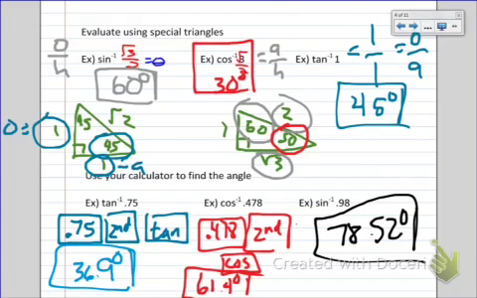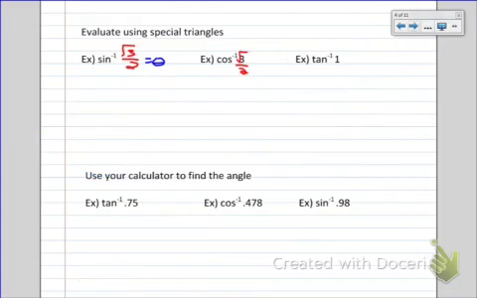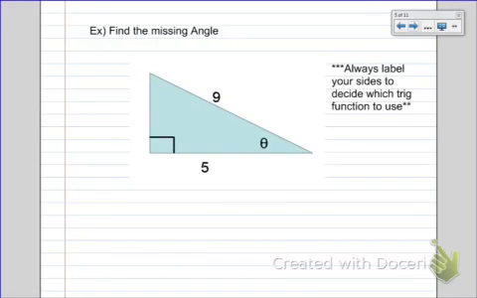Using special triangles, using the calculator. Two different ways to do that here. Alright? Okay, now, here we go. Find the missing angle. So now I'm given a triangle and I want to find the missing angle. Always label your sides. Kind of the key here is always label those sides to decide which trig function to